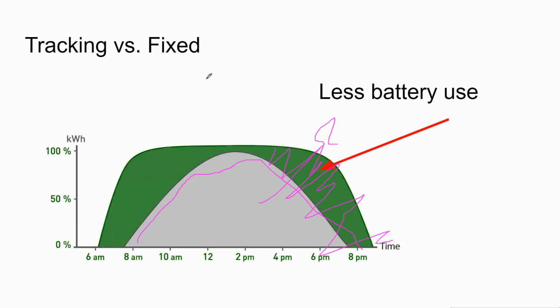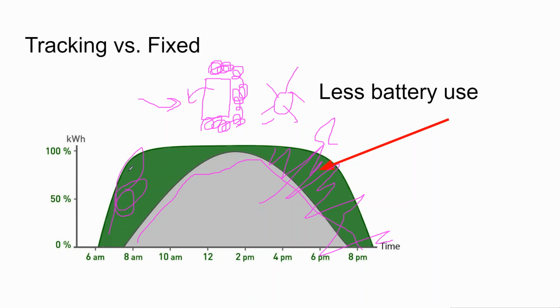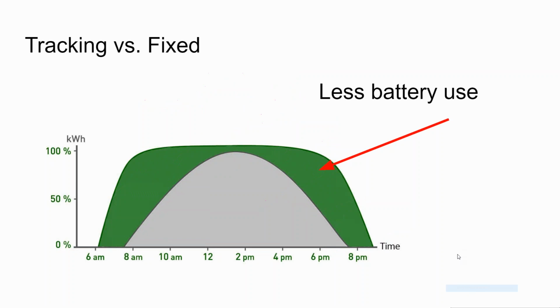Then again, I came across a job site where, here's the array location, and on the south side of the array is trees, and on the west side of the array is trees. On the north side of the array is trees, and there's really only a clear view on the east side of the array. Now, in the summertime, the sun is more up than south, and so having an array that could face east in the morning to get this extra production and then kind of turn to face north and capture the additional production in the midday would be a pretty good fit.